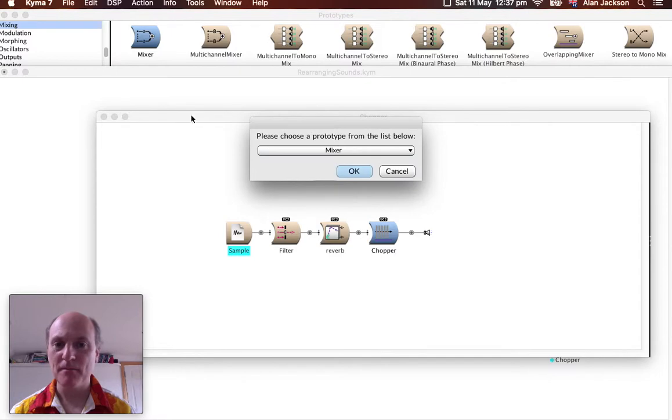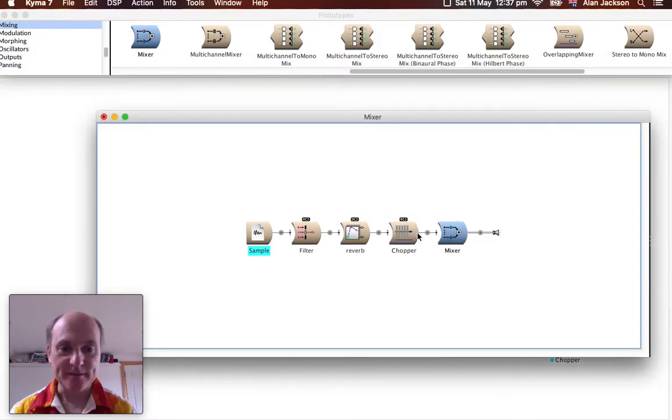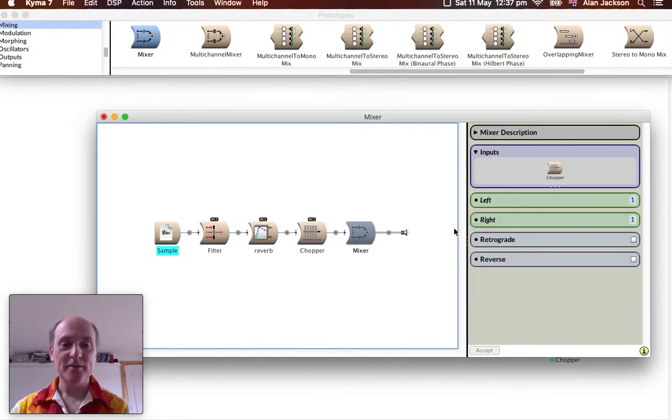So we're going to get a mixer and put it right at the end of our sound here. A mixer is going to be useful for us because it has an inputs field, not an input field, but an inputs field with an S on the end. It can hold as many links to sounds as we want. So we can start linking our sounds into the mixer, and that's going to make sure nothing gets lost as